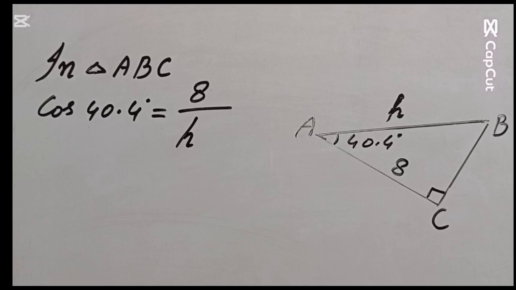In the second part, we are supposed to find out the length of AB. For the purpose, consider the triangle ABC, which is a right angled triangle. Now, cosine of 40.4 degree